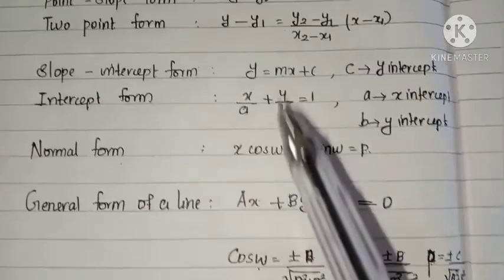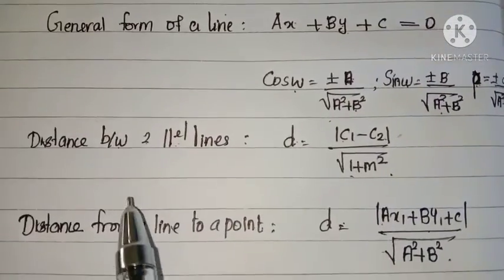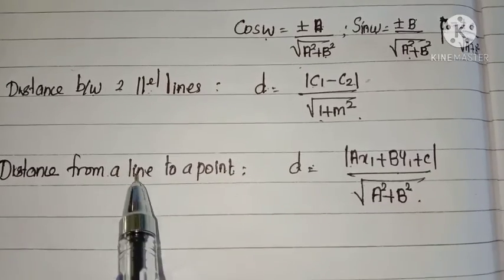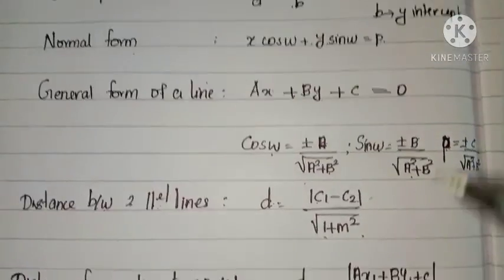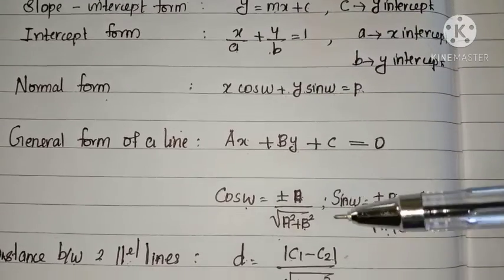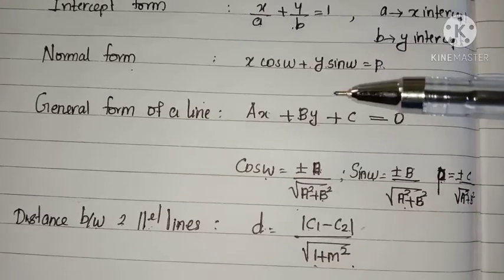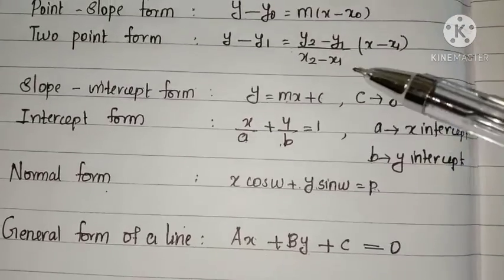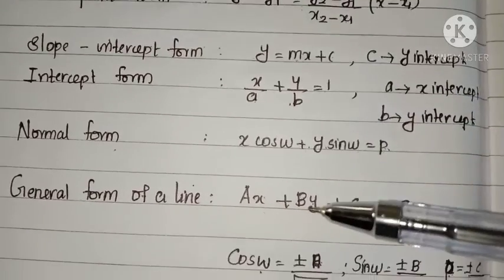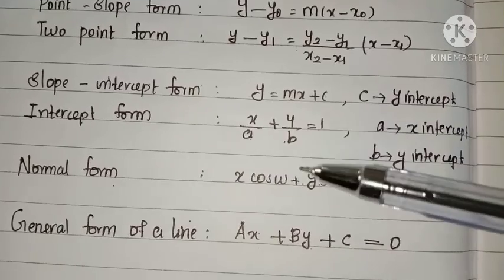So these are the different forms of equation of straight lines, and the distance between two parallel lines and from a line to a point. You have to be thorough with these formulas, then only you can easily solve every question belonging to the given exercise. Okay, so in the next class we will discuss some exercise questions based on these results. Anyway, write and study all these formulas.